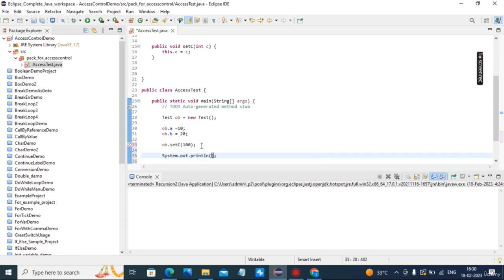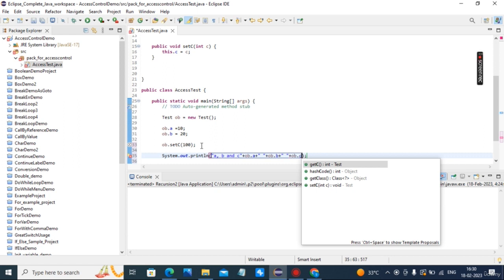Now I print them: a, b, and c. ob dot a plus space, ob dot b plus space, dot c.